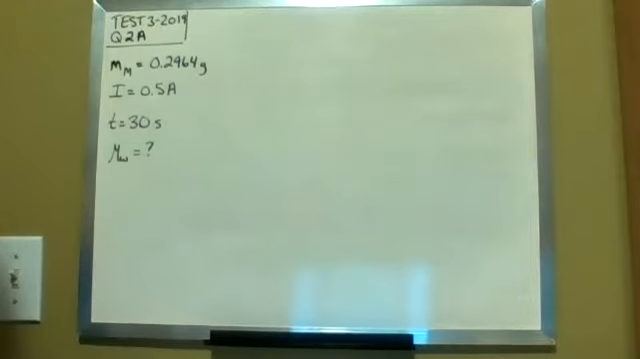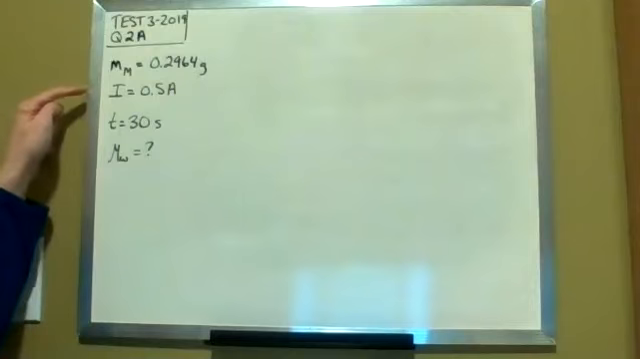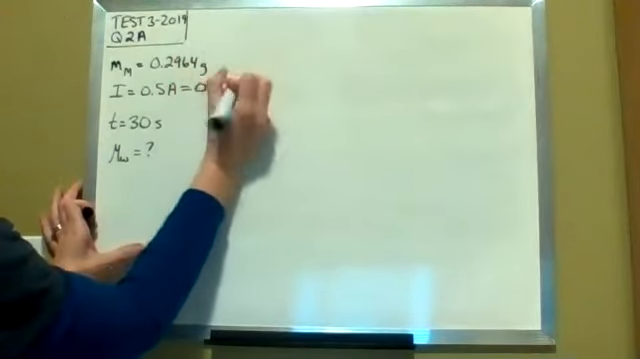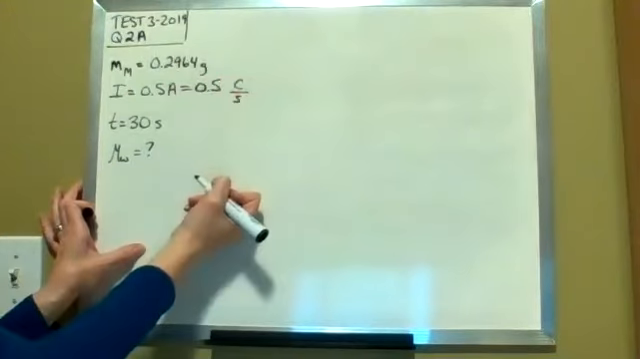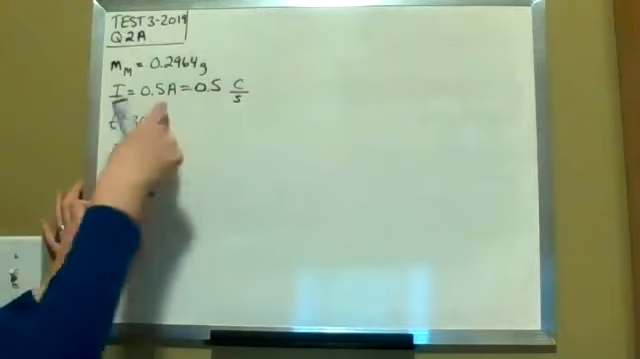This is question 2A from test 3 from 2019. In this question, you're told that 0.2964 grams of an unknown metal is deposited upon a passage of current of 0.5 amps. From 0.5 amps, that's equal to coulombs per second. Keep in mind our units. And that's going for 30 minutes,